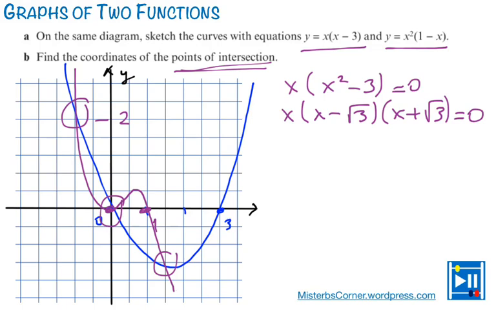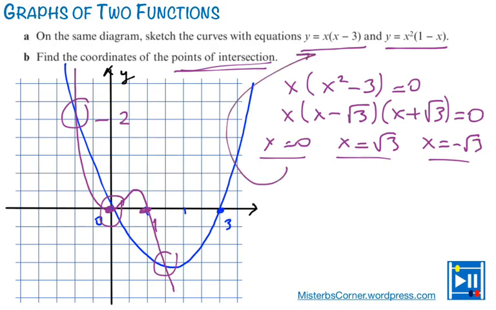And here I can end up with saying x equals 0, x equals root 3, and x equals negative root 3, right? And each one of those x values must be substituted here or here, whichever seems easy, and then